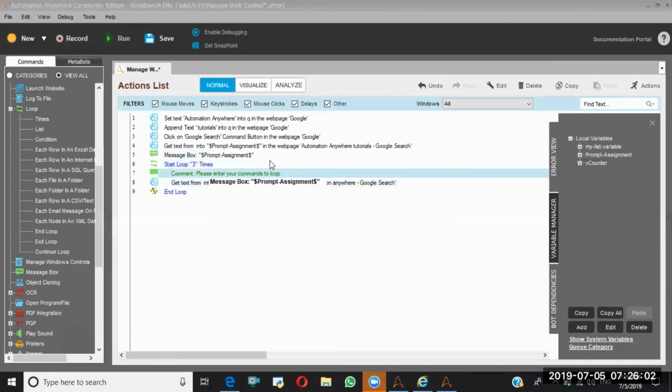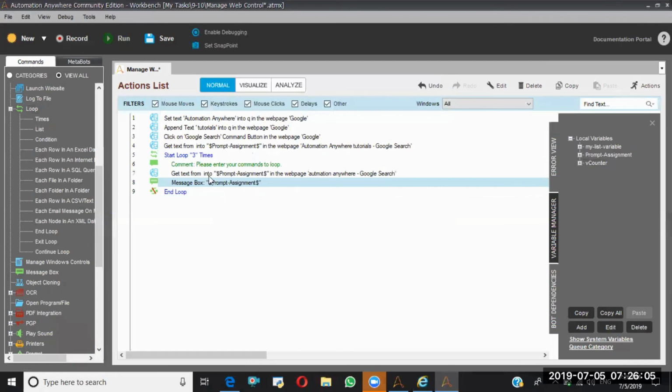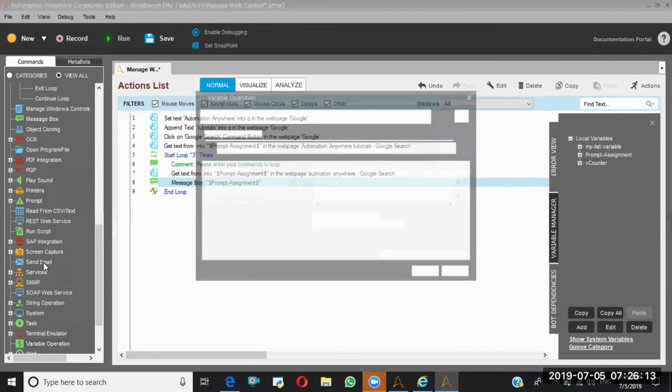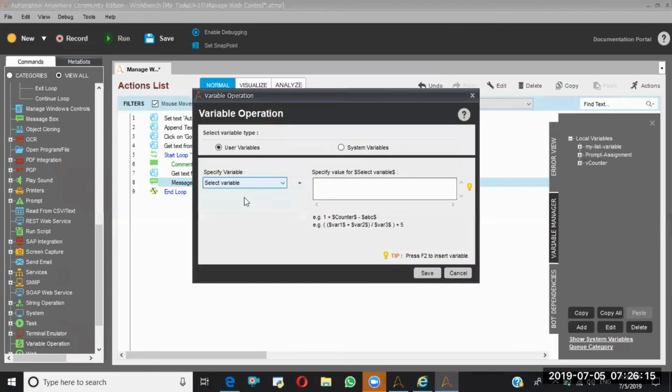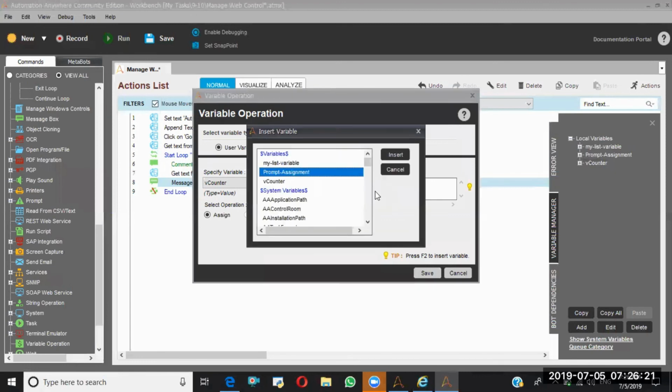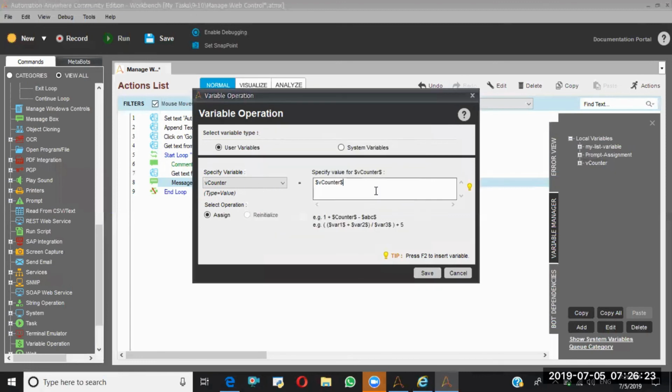Then I need to increase my custom counter, right? So whenever I perform this operation, later on I need to increase. How can I do that? So in earlier classes, we discussed variable operation. So with the help of that variable operation, we can increase that value. So v counter is equal to v counter plus 1.